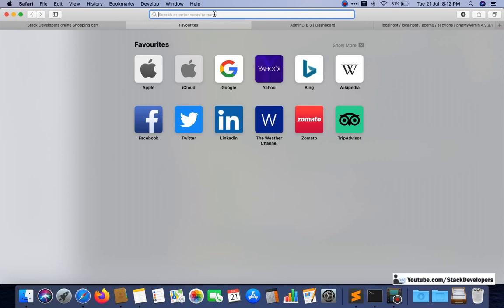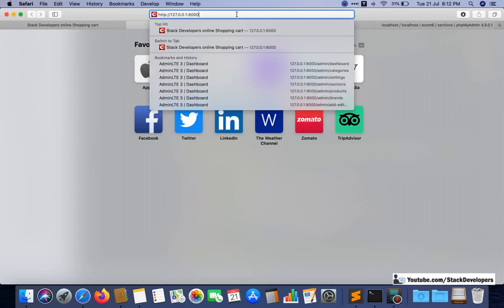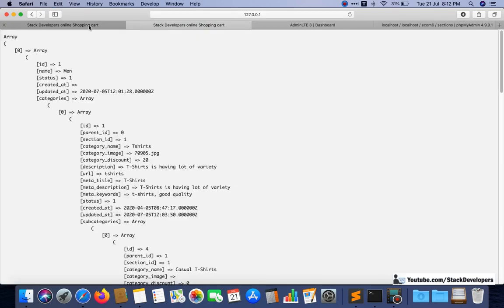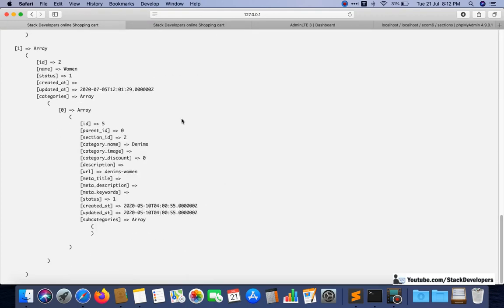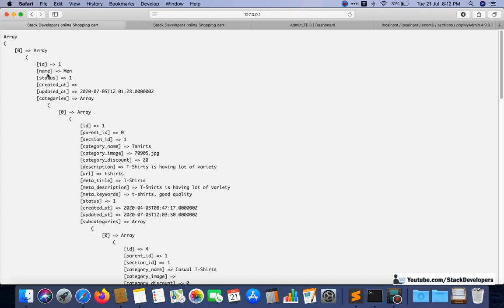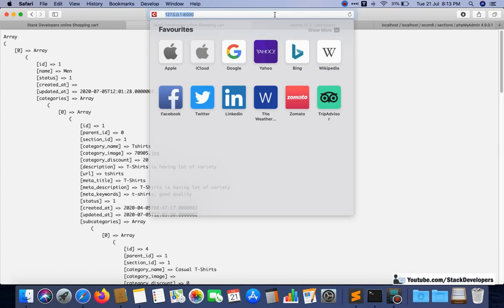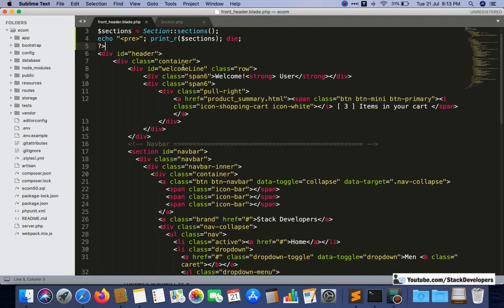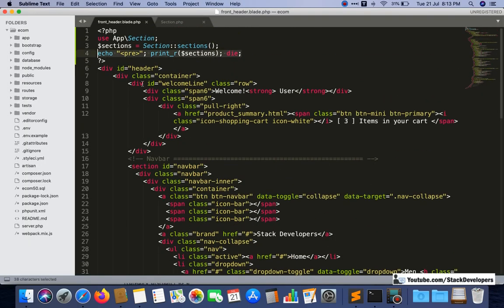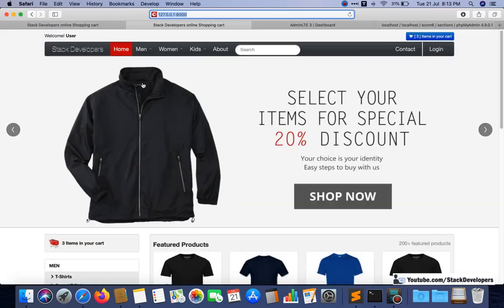I keep checking the JSON of my array, it will help me. On one page I will have everything, so that I can check. Its name I will use, its category name I am going to use, its URL I am going to use, so it will be easier for me. And on the next page I'm going to disable this one, and we'll check the real output like this.